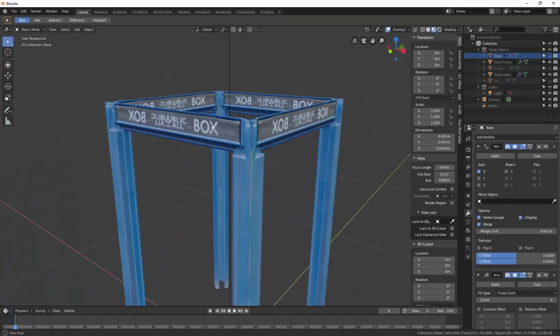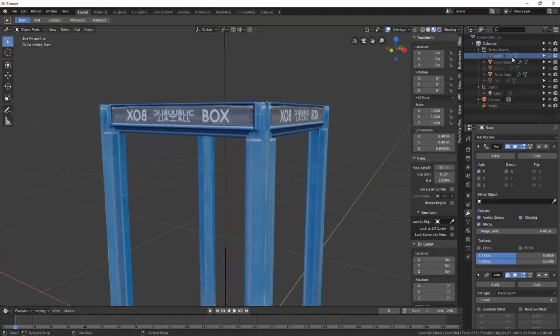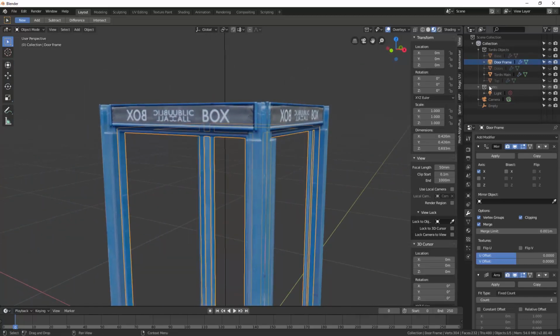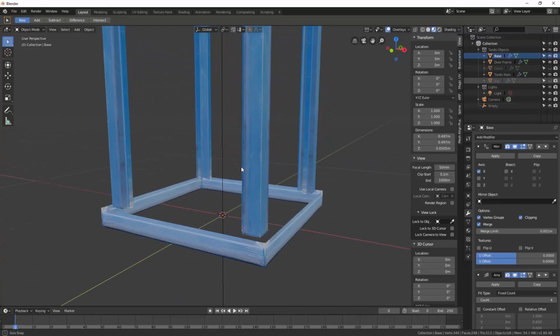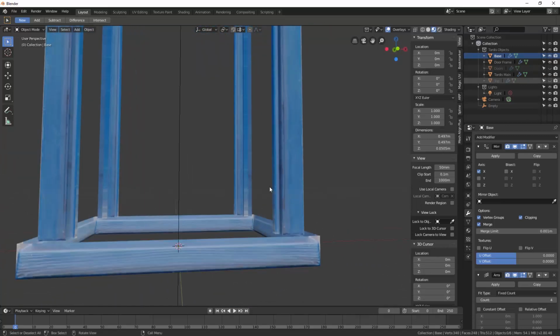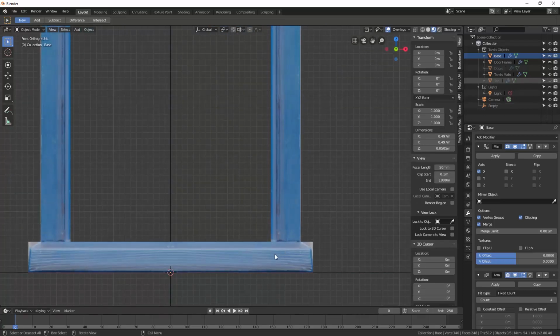Okay, so now we've got the base, the framework, we've got the door frame, and we have the base to do. So let's do the base. Now the base at the moment is fitting, almost. It's obviously got a little bit of a taper on it, which we need to do. So let's pop it onto the front mode,